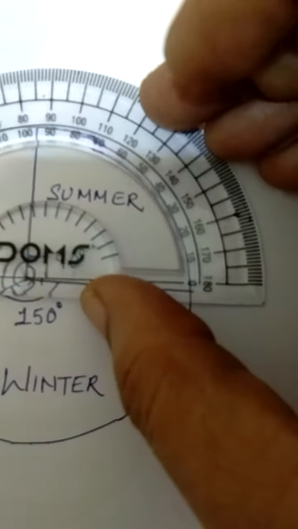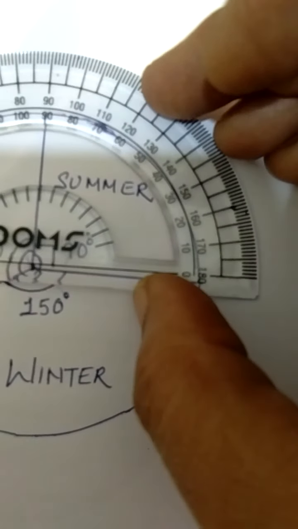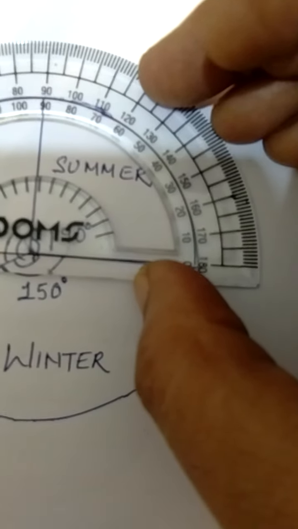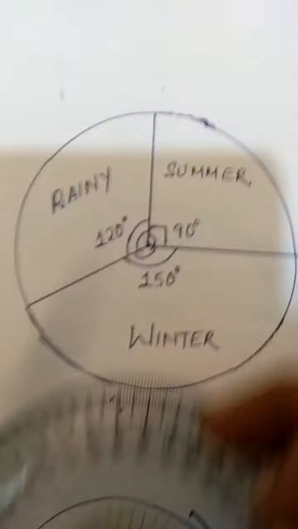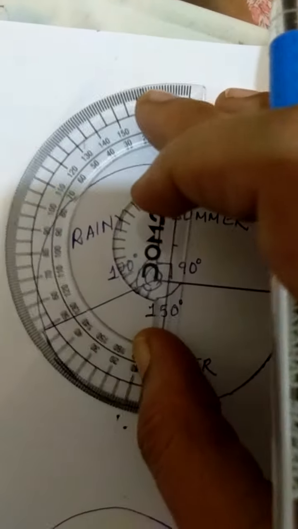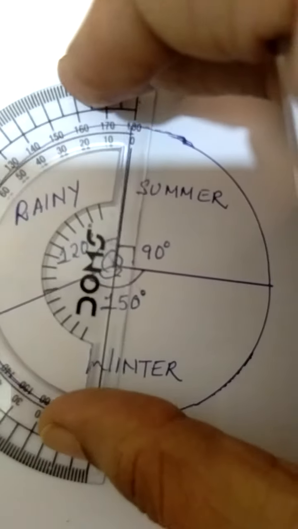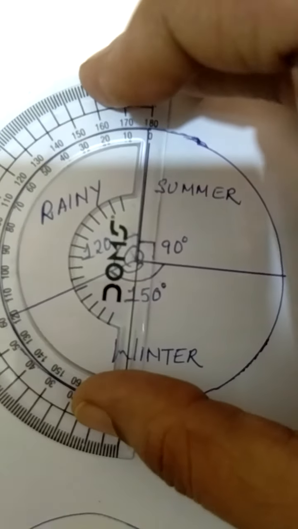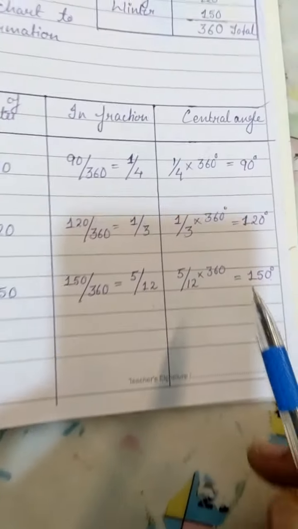Same way here I have measured 90 degree and it came over here exactly. Got it? You keep your scale like this. Okay. Therefore, when you measure this as 90 degree, you draw the line. Now for the second sector, children, for rainy season, the radius will change. Now you will keep your protractor like this. And when you keep your protractor like this for rainy season, you know that what was the angle, children? It was 120 degree. Isn't it, for rainy season?